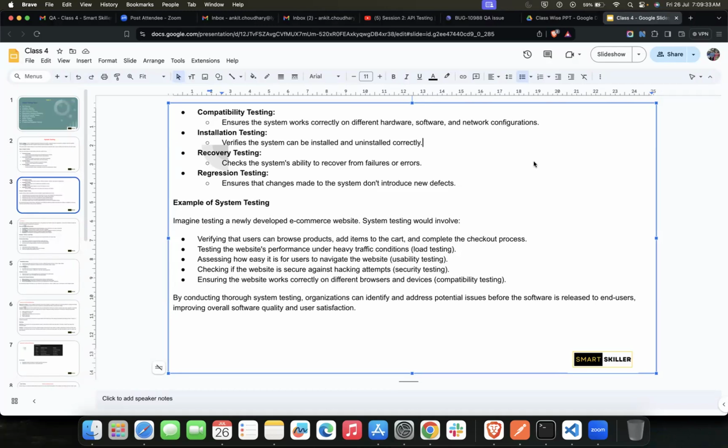In both cases there is a slight possibility that once the developer changes the code or introduces new code in the code base, the existing functionality that we had already tested might break. Okay. Now, just to make sure that the existing functionality is not breaking, we need to do regression testing.